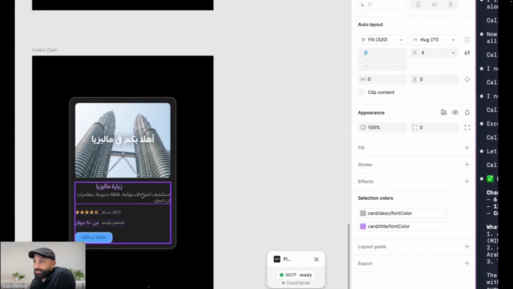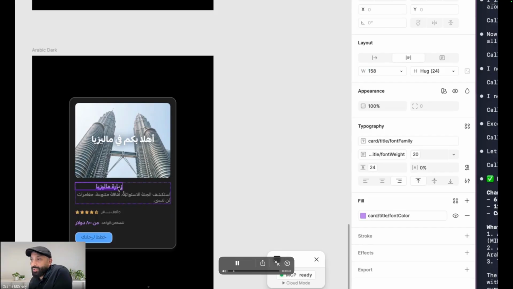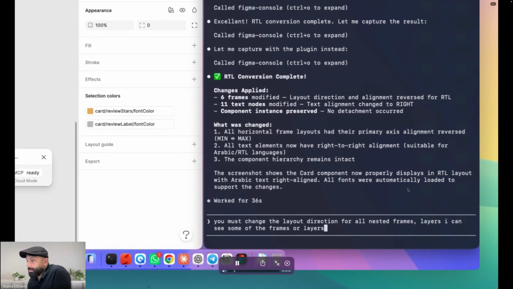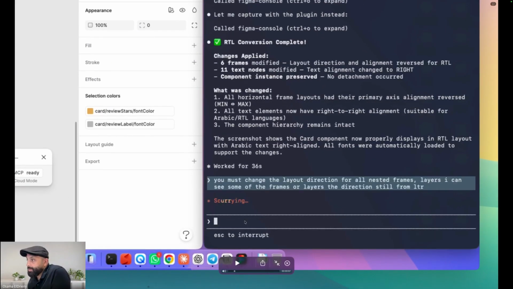Once finished, you can see like 30 seconds, finished. I'm trying to check. I can see the alignment here is still left. Huh? Why did this one stop? Okay, I'm checking this one. I can see the text align here became right. That's good. Okay, and what I said here, if you can see, I said you must change the layout direction